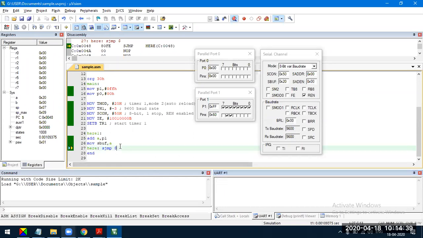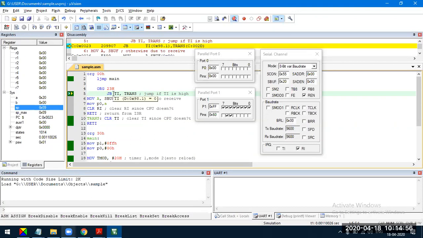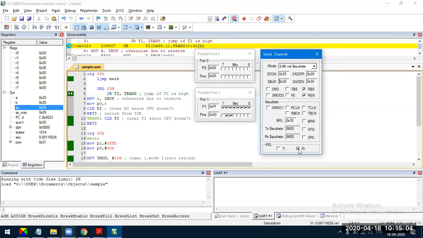Go back to the main program, continue to execute in single step. So what we understand is because I've given serial input 8, the microcontroller has received the data serially. To process the data, there is an interrupt, and it will jump to ISR. Did you see this now? The interrupt is due to serial reception. So the TI flag is not set to 1. Did you observe the RI flag in this serial window? Can you observe this RI flag? Serial RI flag is set to 1. That means it has received the data serially.